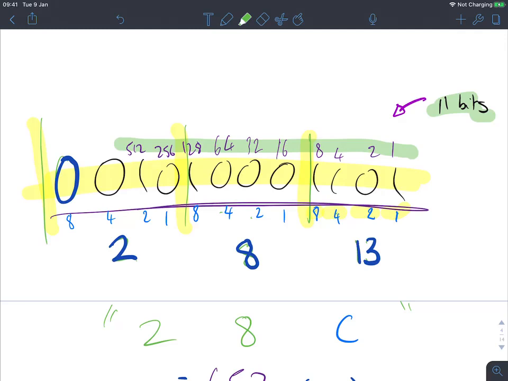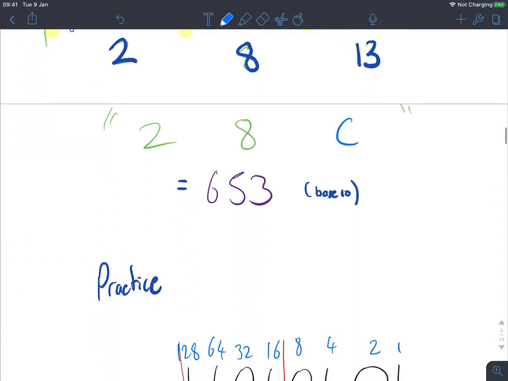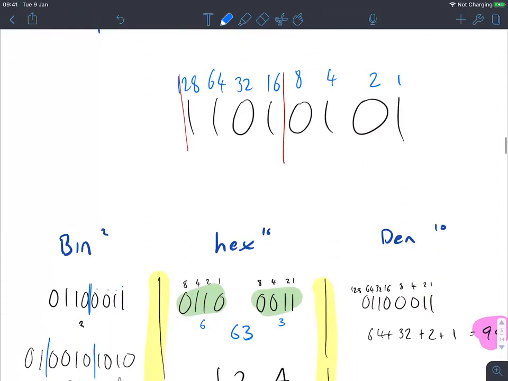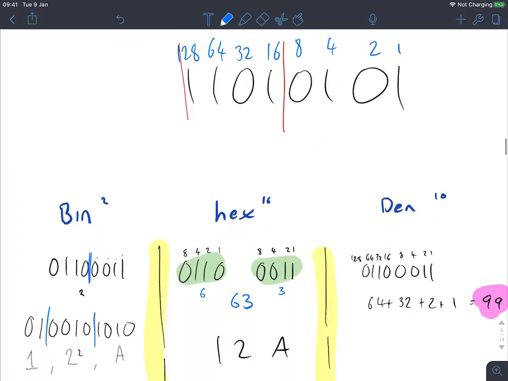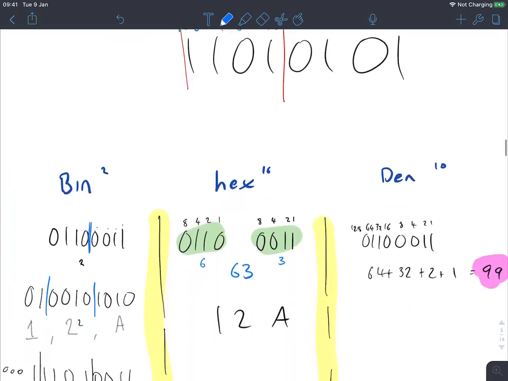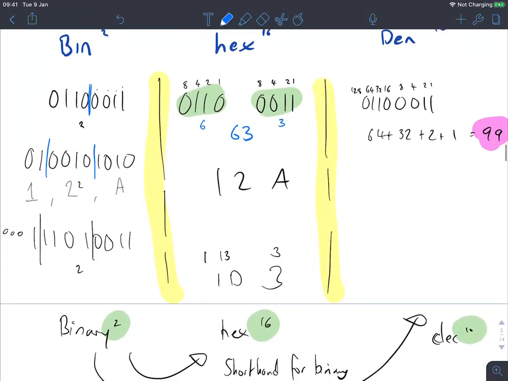As you can see, when you start to go to sort of 3 hex numbers, the numbers you're going to be adding are quite large. So that's the conversion. And of course, let's have another quick practice on this one. Let's have a look. As you can see, binary here, split it in half,